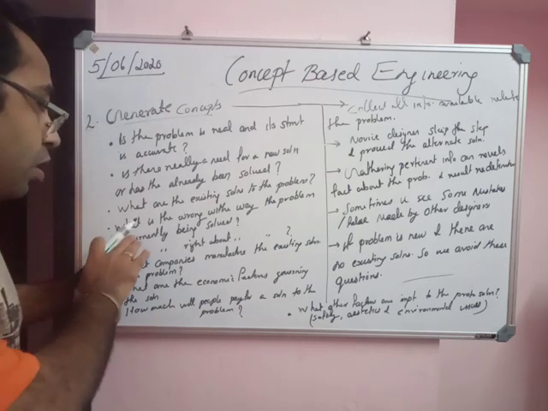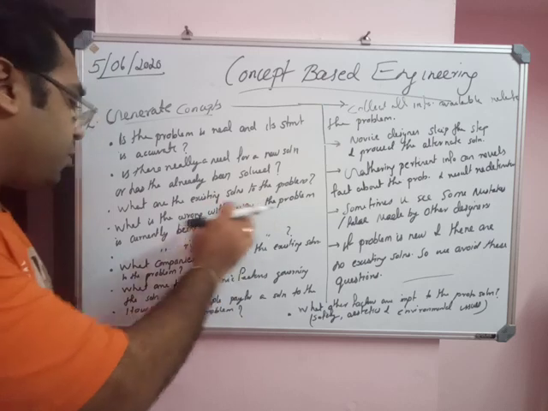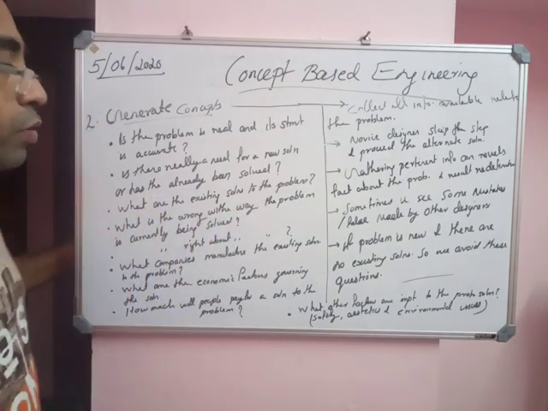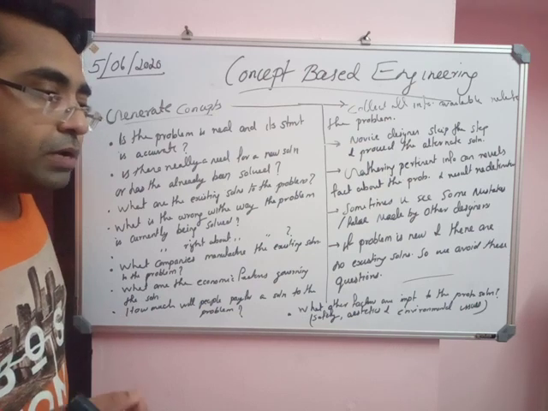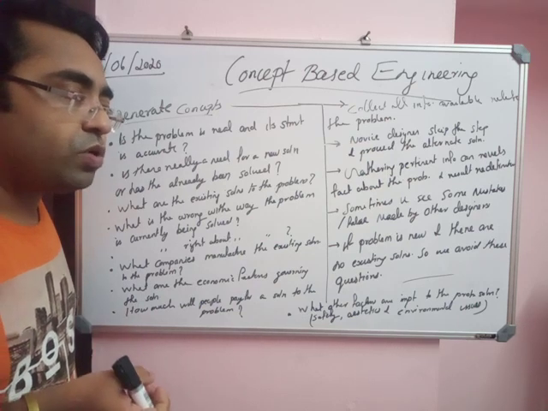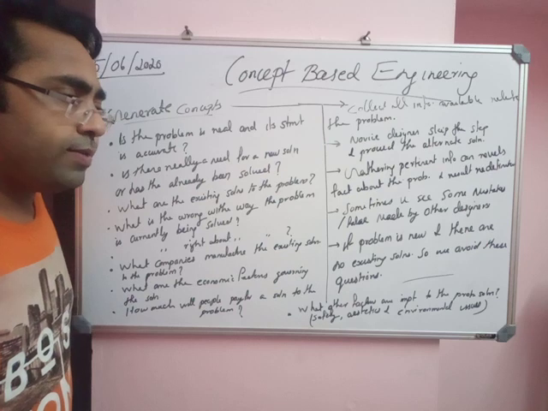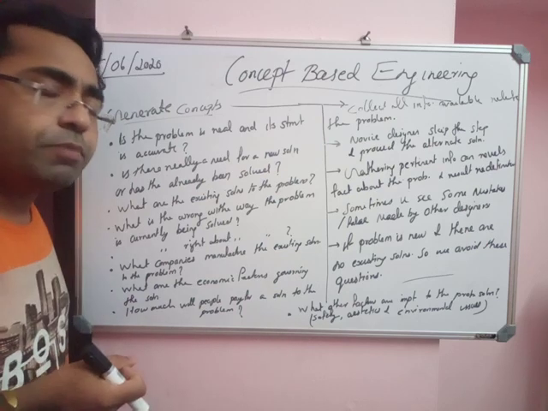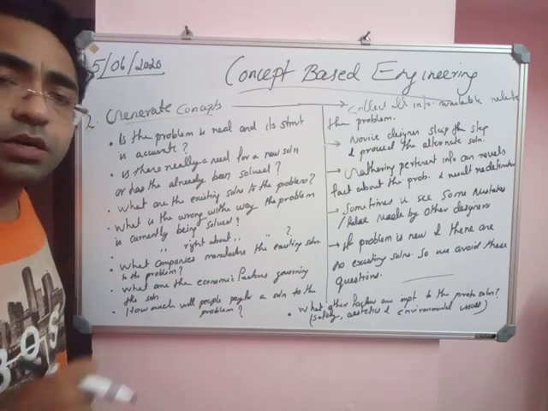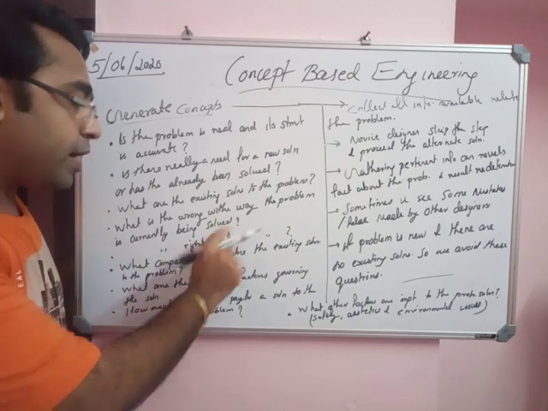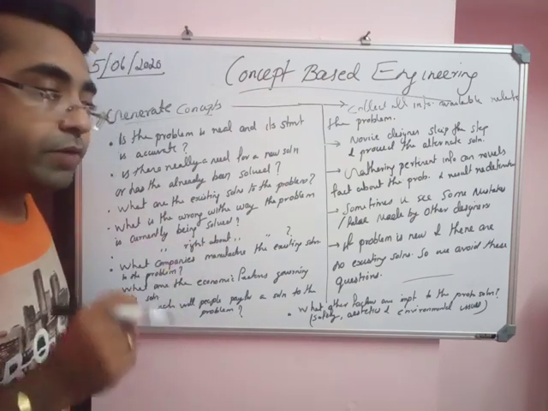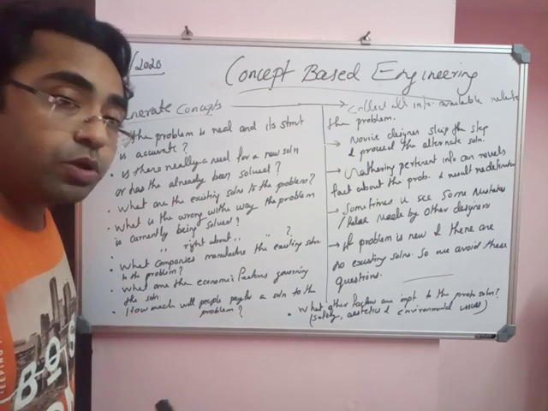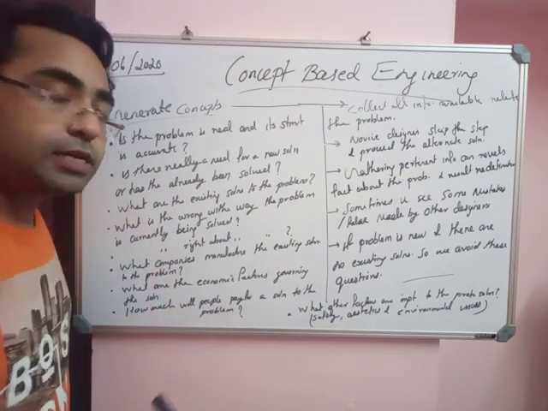Now, what is wrong with the way the problem is currently being solved? Maybe we are solving a problem, but there is some mistake and we cannot find a clear solution. So we have to find what is wrong in my solution and what is wrong in my method. And we also have to find out what is right about it, whether my solution is accurate or not.